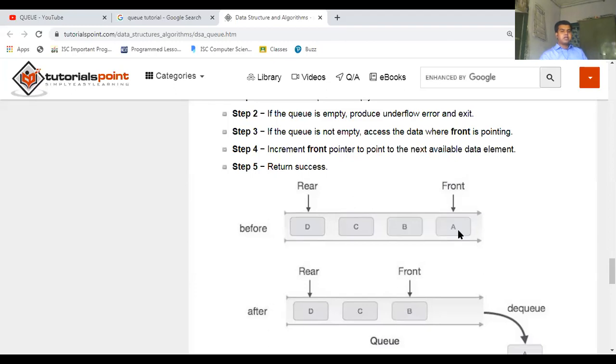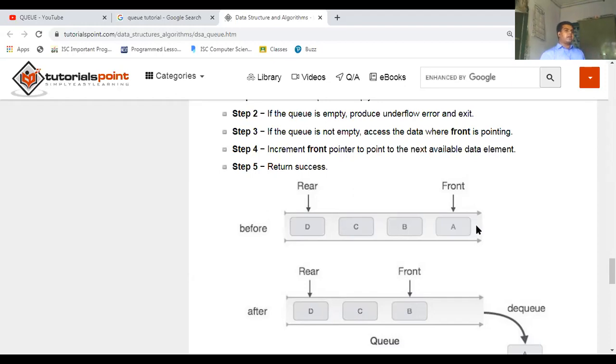Okay. Now, the deletion, that is the dequeue operation, can only be performed from the front end. So you have to understand that in the queue, all the applications are actually a two-way process. Why two-way process? The process is happening from the back end as well as from the front end.